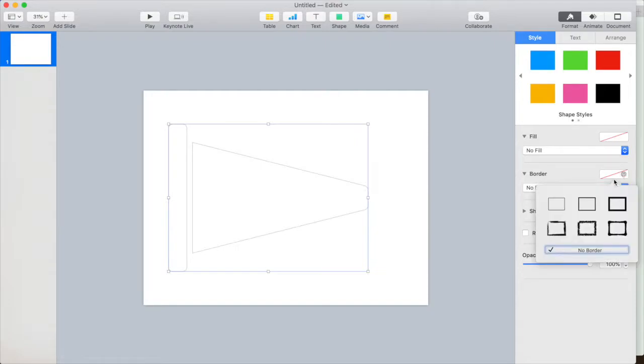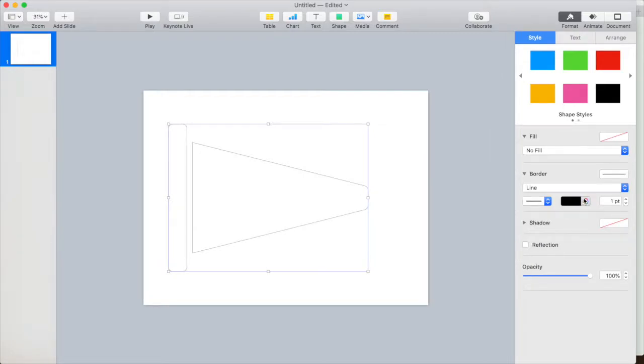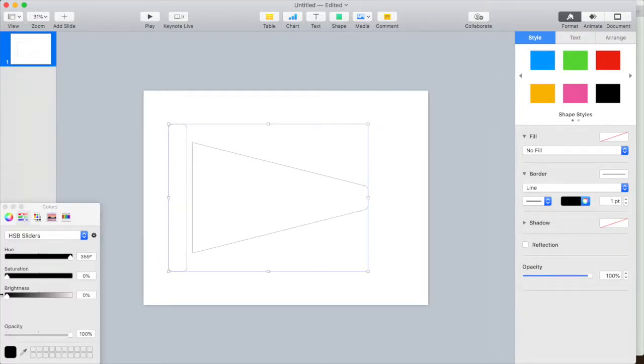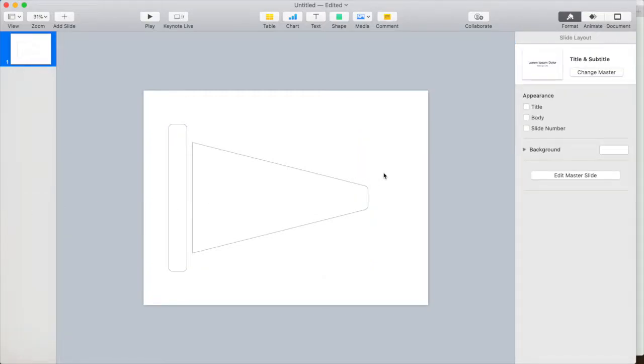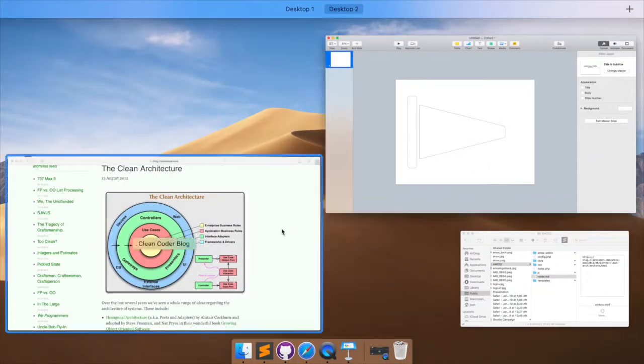Yeah, like the groundhog. So line, and we're going to, oh, I don't have my colors. That sucks. Okay. So let's make it gray, and okay, well, I guess it's already kind of where I want it to be then. All right, so